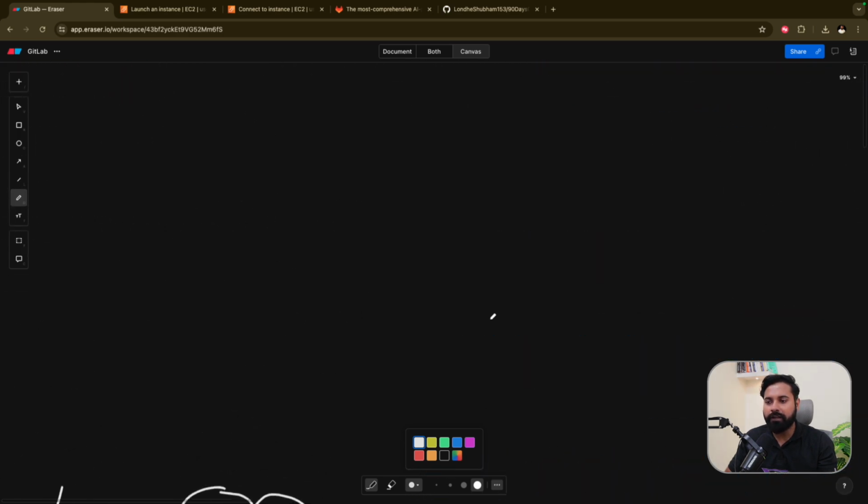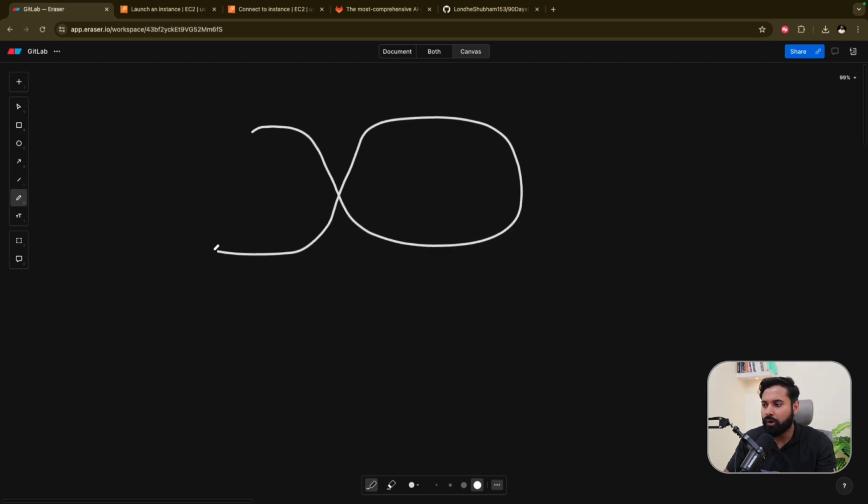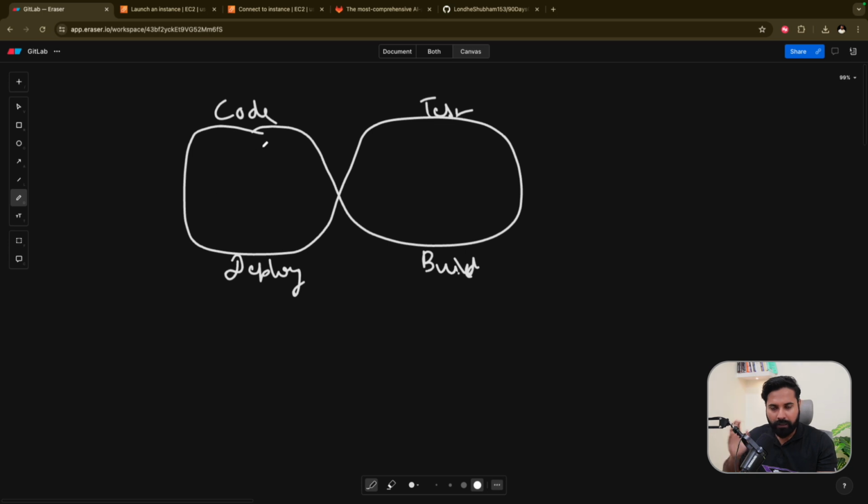Think of it like a continuous flow of stuff which is happening. If you look at the DevOps logo, you will see something like this. This is the logo of DevOps engineering, where you have a code stage, a build stage, then a test stage, and after that is done you have a deploy stage. This is an infinity loop which represents that code, build, test, deploy is a process which